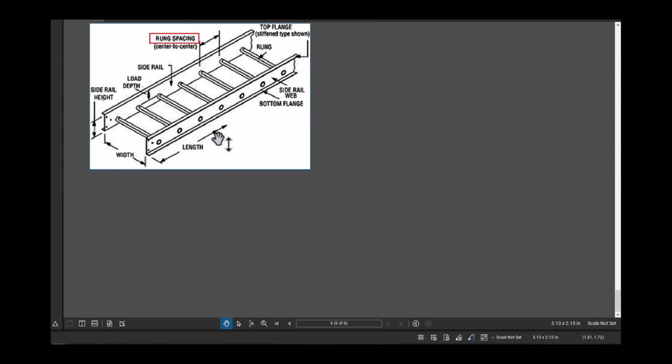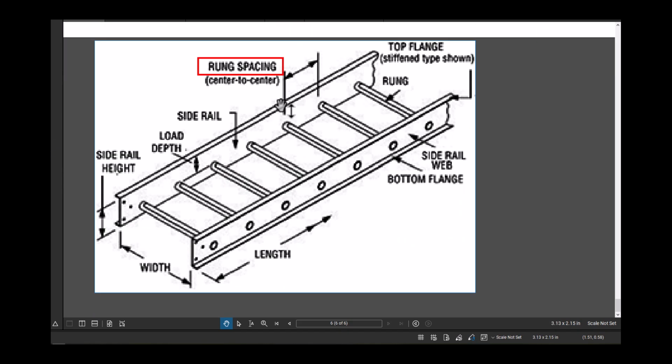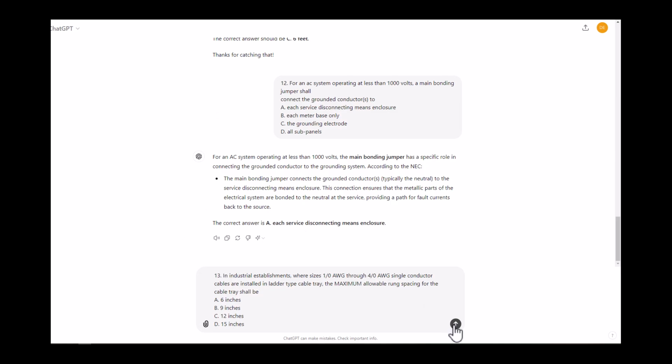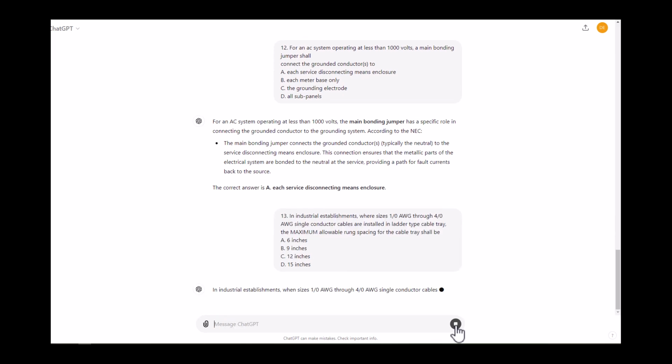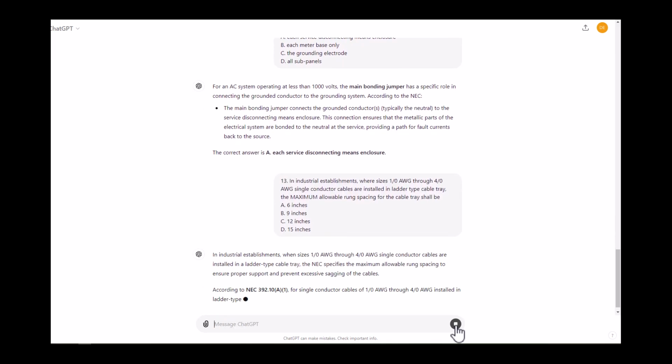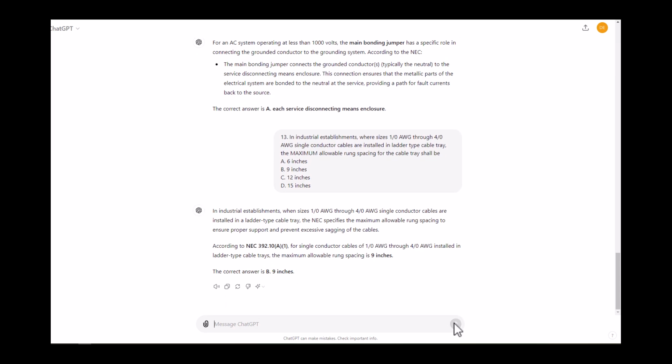And if I put the picture here, we're looking for the space between these two runs, which should be 9 inches for 1/0 to 4/0 gauge. And let's go to ChatGPT. Let's see what the answer is. Nine inch,